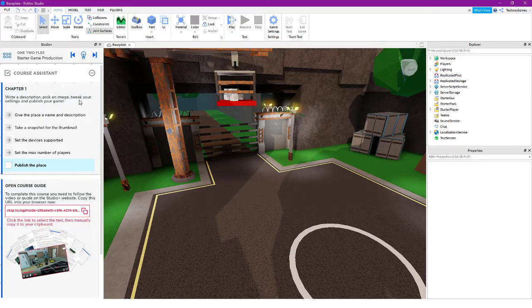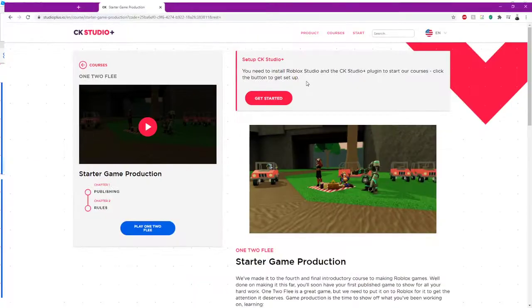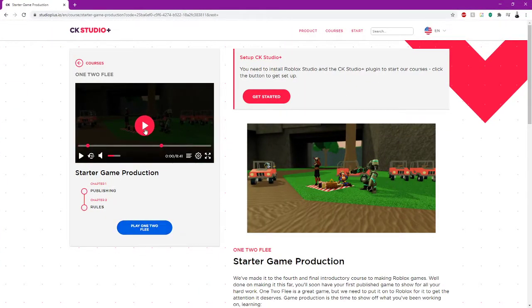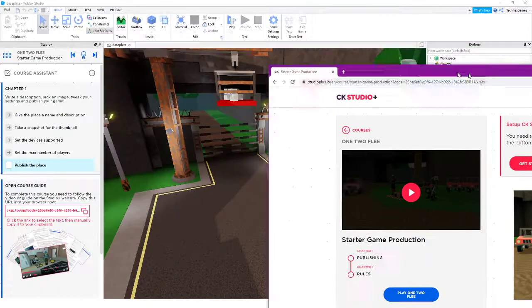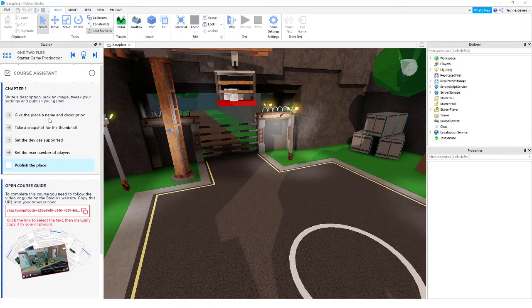and it is going to give us some requirements or some missions to do. And basically, on the website, there is going to be a video which teaches you how to do these, and you'd simply have to follow along. So I'm not going to watch the video, but basically it wants us to